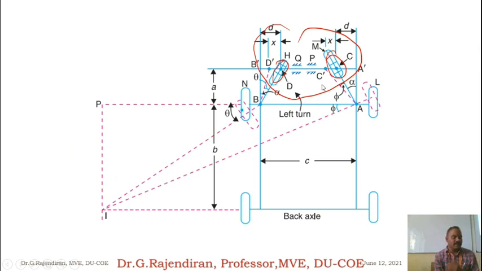It produces some slackness, because the angular motion you are converting into horizontal motion only. So some slackness, so accuracy may be affected. It is not commonly